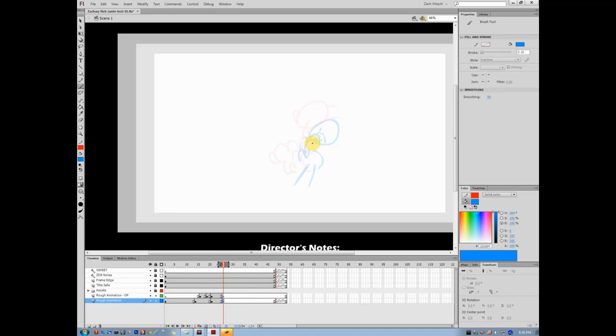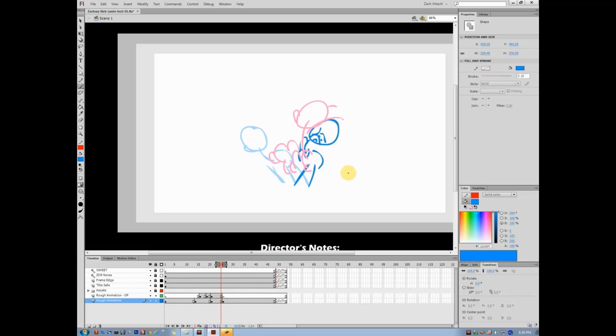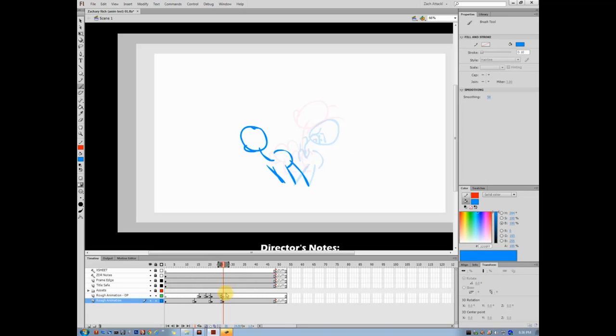And Rainbow Dash is going to, schlum. And she'll put her feet down on the ground when she does this. Alright, so that way she, and then Pinkie Pie